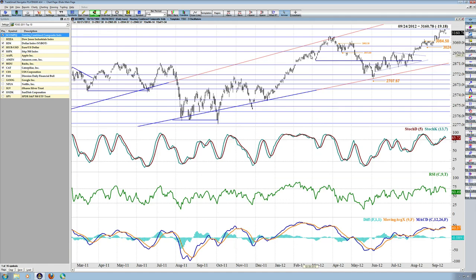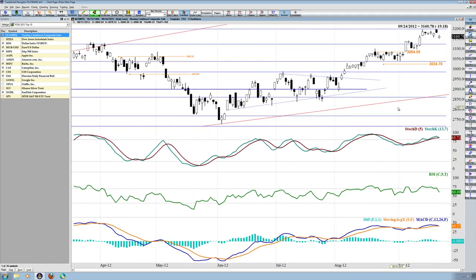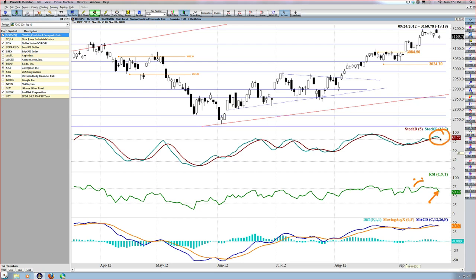All right, let's check the oscillators. Oh, interesting here. As we look at the oscillators, RSI is heading down, suggesting bullishness or bearishness, ladies and gentlemen? That's suggesting some bearishness, yeah. Okay, the stochastics is starting to cross over. This suggests a little bit of bearishness, but